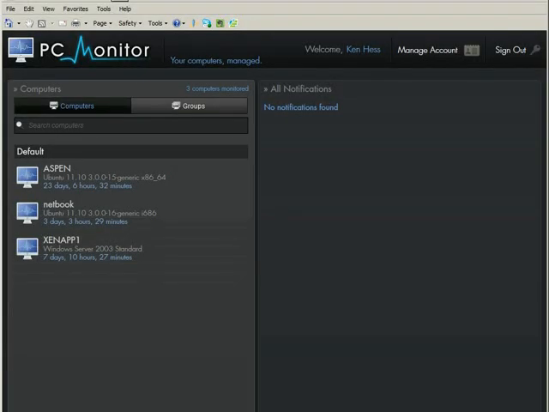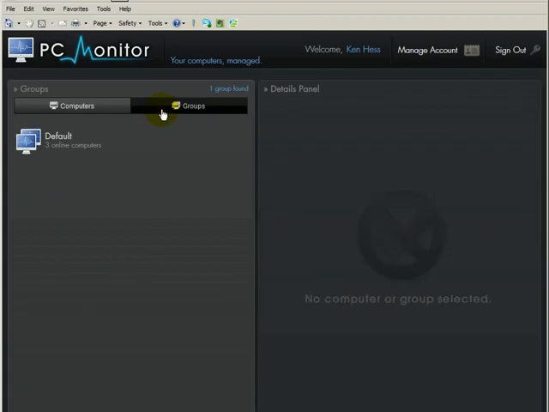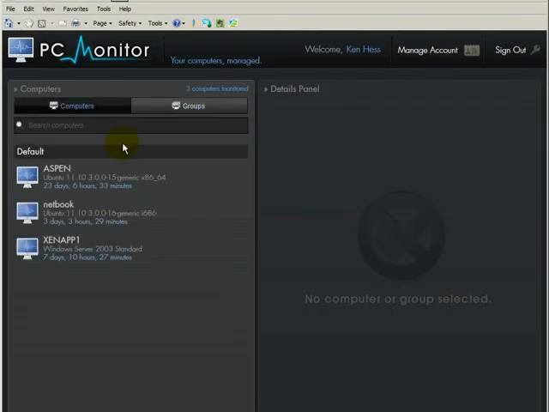This is the PC Monitor application from MMSOFT. As you can see, there are 3 computers in the default group. If you had other computers, like say hundreds of computers, you can group them into business units or however you group your computers or business units at your company. For right now, I just have these 3 because that's the free account that you get from PC Monitor, from